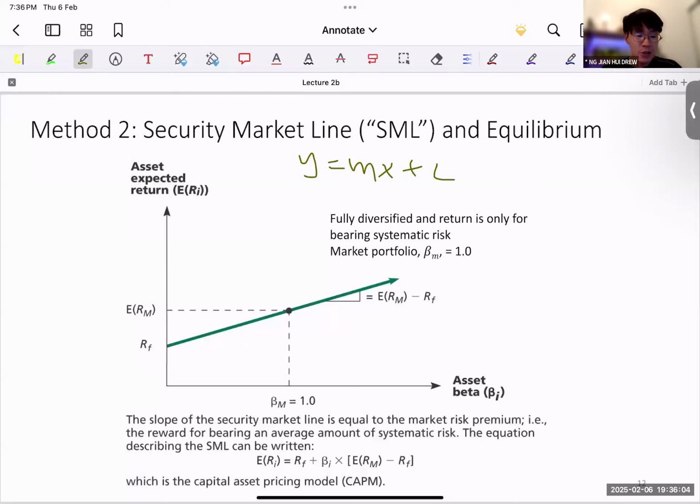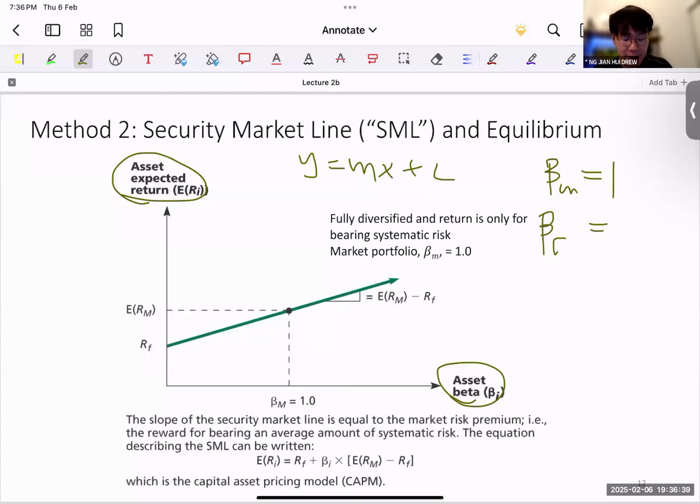Perfect. So we are trying to define a relationship that brings together the beta and your return. Let's put the expected return on the asset on the y-axis and your beta on the x-axis. Remember I mentioned that there are two betas that are very important. What's the market beta? Market beta equals 1. And what is the beta of a T-bill? 0, that's right. The beta of Rf, which is risk-free, is 0. So there are two key betas that are quite important.